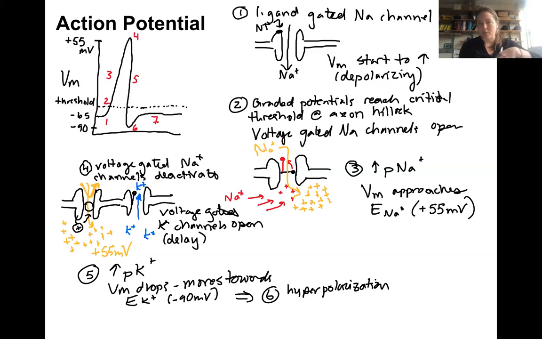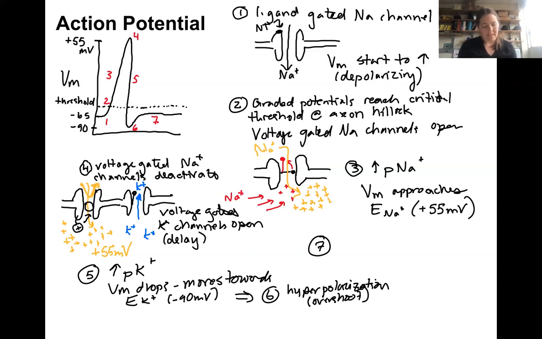And it's called the overshoot, where there's a moment in time where there's so much potassium permeability and so little sodium permeability that you get even closer to potassium's equilibrium than is normal at rest. Okay, and so then the last step here, I guess we're not going to need a second page, is that